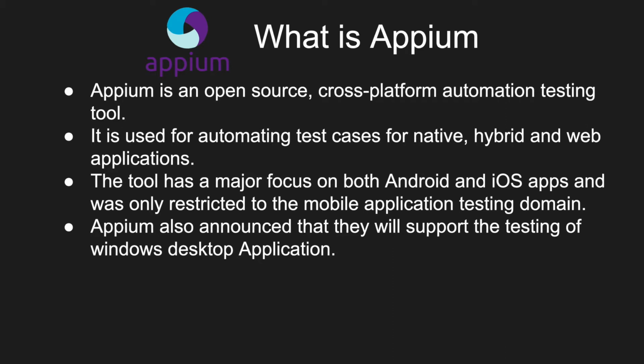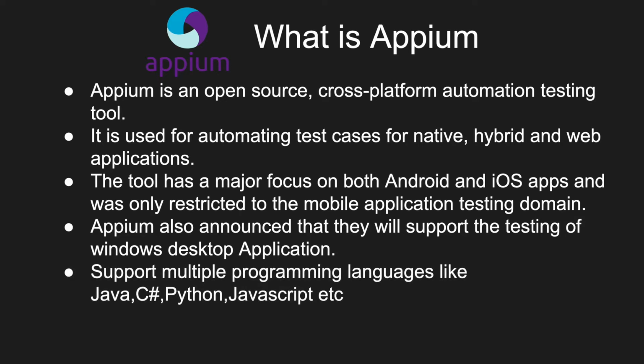So APM recently announced that they will be supporting the testing of Windows desktop applications. So if there is any application for Windows like a UWP application or classic desktop application for Windows, it will be supporting that. It is not directly supporting, I mean you cannot directly use APM, but there are different sets of APM drivers which are used, and apart from that you need to install WinApp driver for Windows. That is altogether a different topic, but in short it can help you automate Android, iOS, and Windows applications.